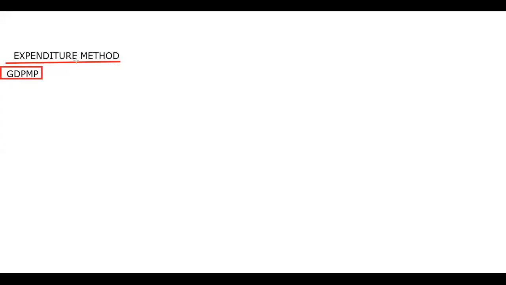We have to just go for that कि कौन से ऐसे contents हैं जिनको add करेंगे and GDP MP will be computed. All right, so अभी हम ये पढ़ रहे हैं that how GDP MP will be computed. So when I talk about the GDP MP, 5 things I have to add up. What are these 5 things? First, you can write with me, private final consumption expenditure.